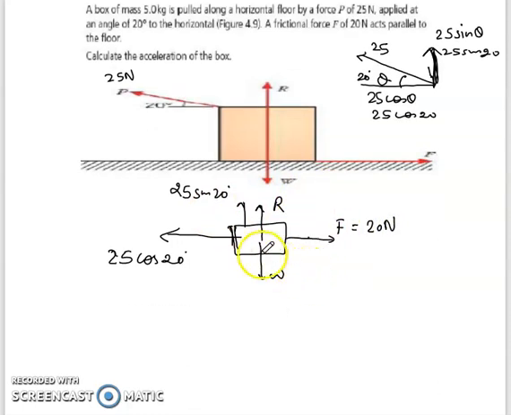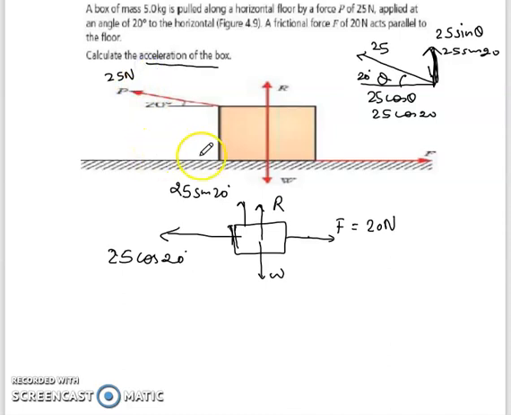Now the question is, when they are applying this force, this is an unbalanced force, so there must be an acceleration of the box. So how can we find the acceleration? Since the box is moving along the floor, we are going to check only the horizontal components. One component is acting in this direction, another is acting in this direction. Obviously 25 cos 20 is greater than this, that's why it is accelerating in this direction. Okay, so we are going to find the net force first.